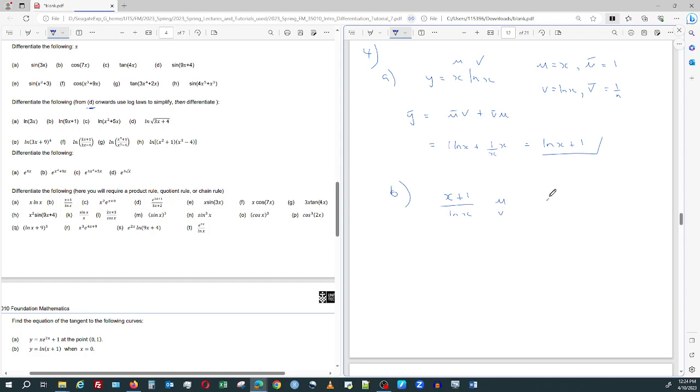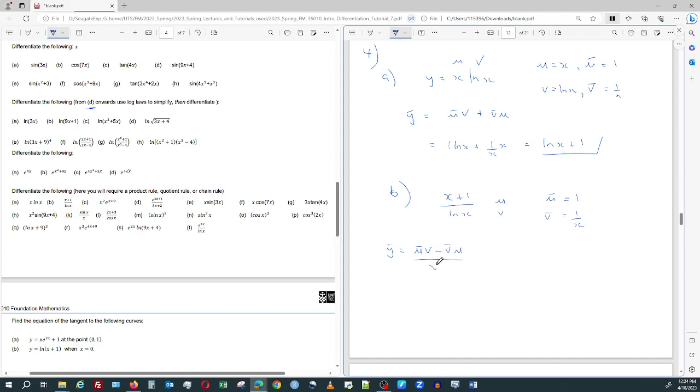So u dash will be equal to 1 and v dash will equal 1 over x. So the dy dx, or the y dash of this, will be equal to the quotient rule, and the difference is that it's a minus